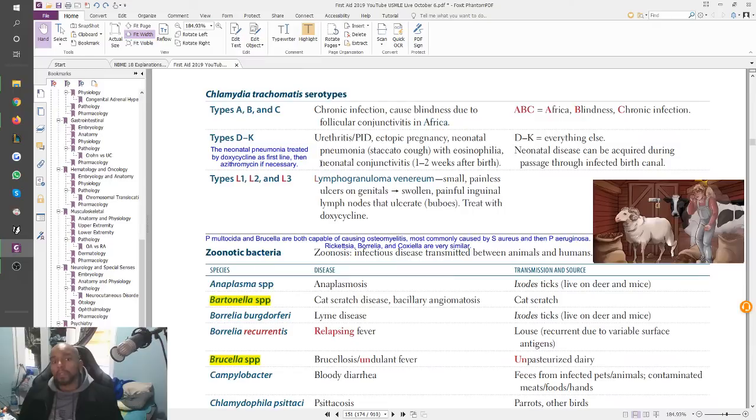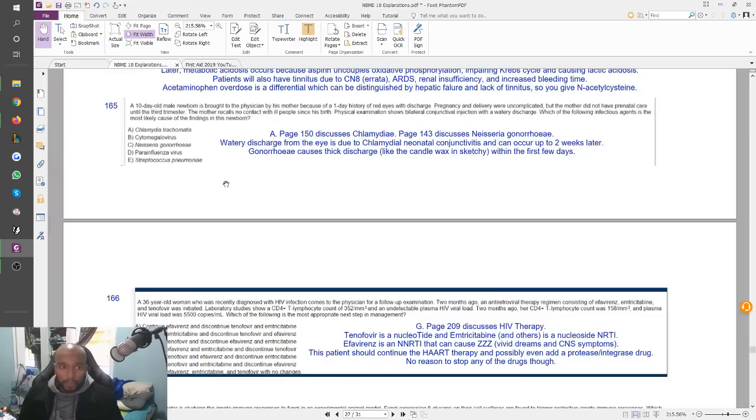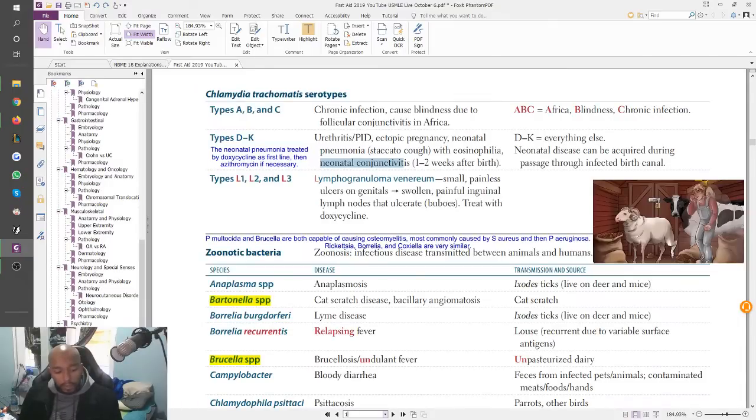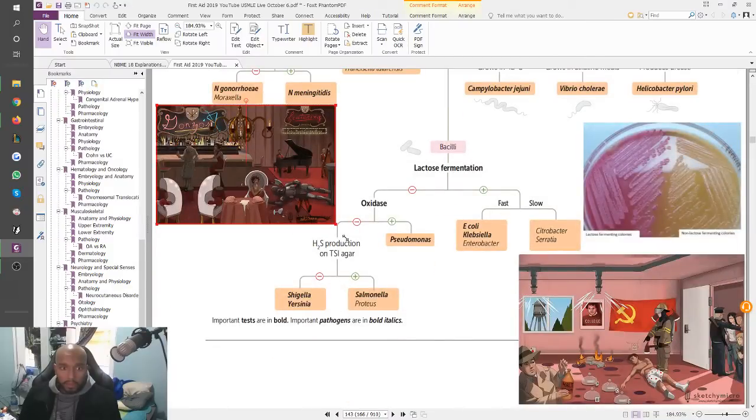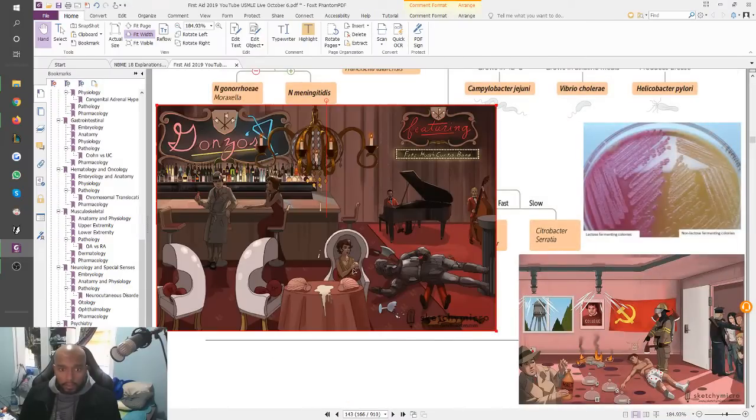And they tell you here, right, neonatal conjunctivitis 1 to 2 weeks after birth. Right, so that's what happened in our patient. Now, for 143, in that one you'll see that it actually occurs indoors somewhere, and there's candle wax, right? So you can see in this picture right here, there's another woman hiding her baby's eyes because she doesn't want the baby to see how this guy just died from the statue that fell on him. And you can see this wax that's dropping, right? That's the waxy discharge that the conjunctivitis would have, okay?